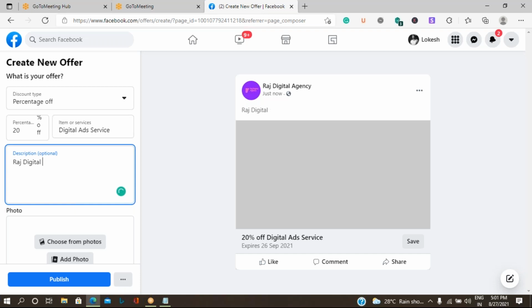So Raj Digital Agency offers, instead of provides, I'll take it as offers. Happy sales offer.